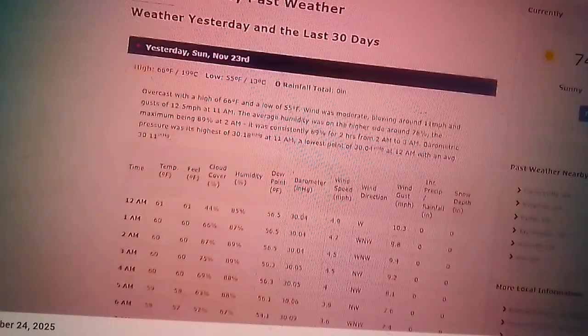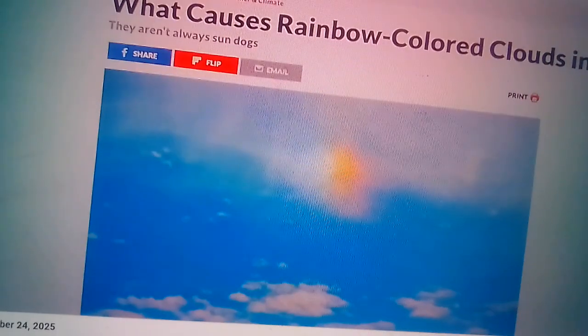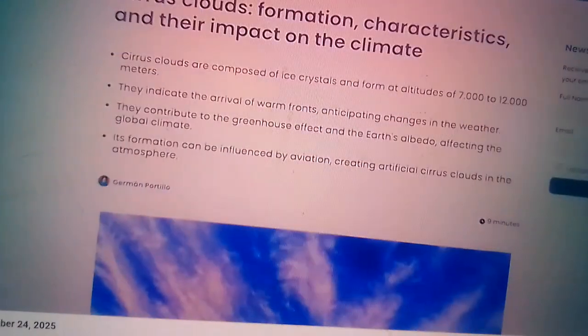Yeah, here it is. And it says right here, haze affects shorter wavelengths of light, such as blue and green, more than longer wavelengths